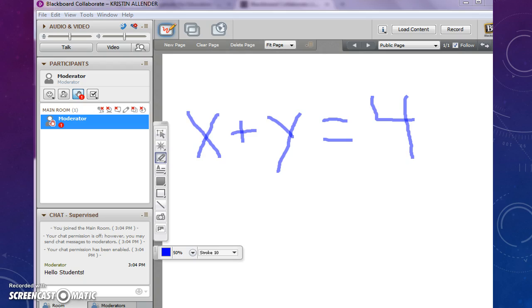So there's a lot of great functionality to this. This is what the screen looks like. You can see it is kind of made up an equation on there, and on the left is where we chat, and I can give you all lots of privileges where I can let you write on the screen and things like that. So it's a really great program. You can find the link to that in my welcome email, in any of my emails that I send out to you, and you can also find it in my SIS profile.